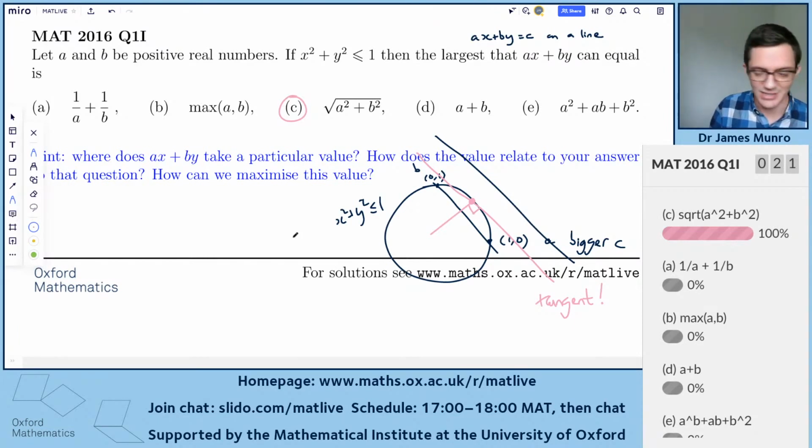Good. Is C the only one that can be irrational? Well, it depends what a and b are. I don't really understand. Sure, cool. So it's about